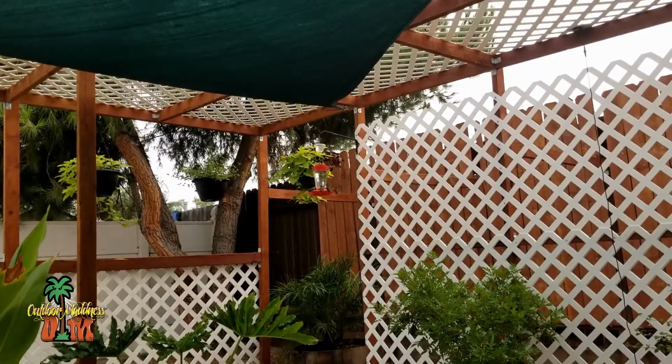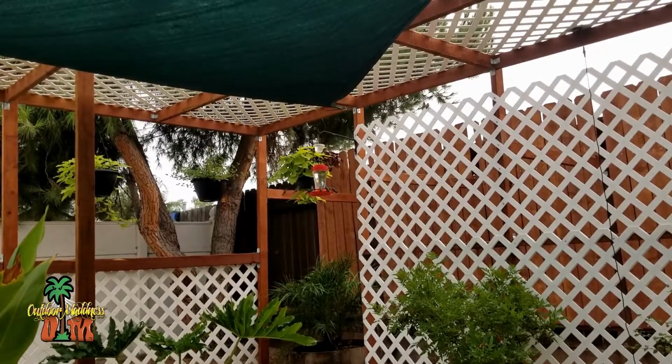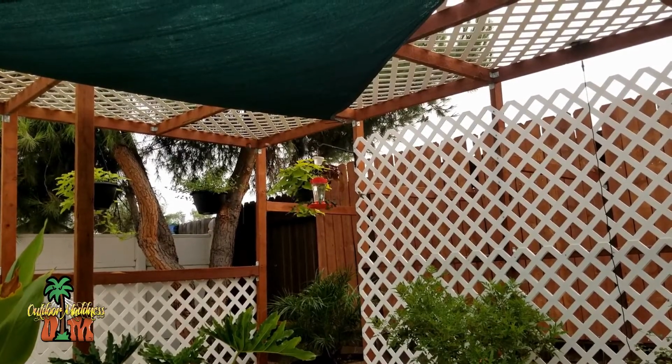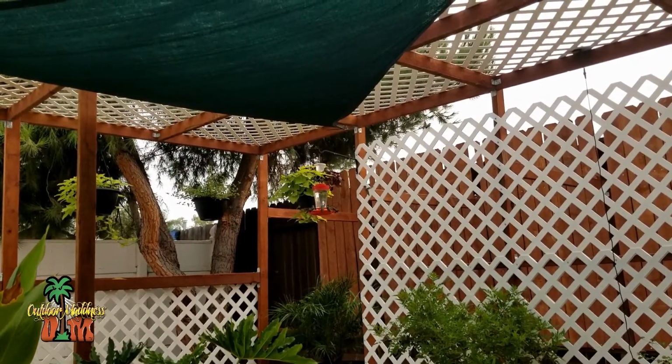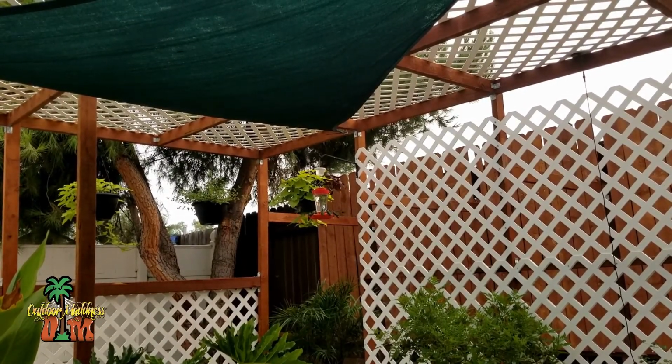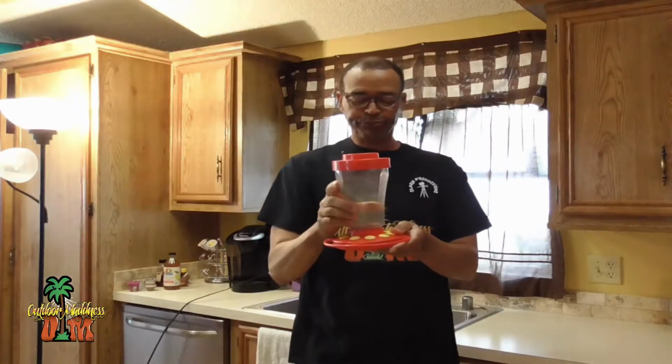Okay, so this by far is my favorite feeder. This is what I have right now. I have 5 of these right now. You can get these on Amazon, okay? 2 of them for 24 bucks, and I think you can get 1 for 12. But these have a built-in ant moat right here that you can see. Built-in bee guards, but what I love about these is when you take it apart, okay,